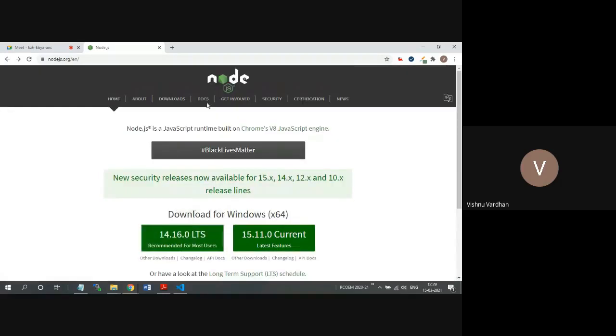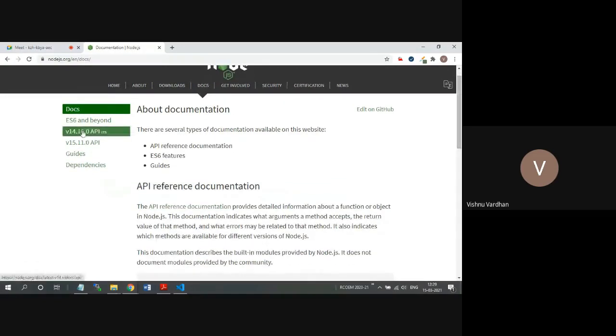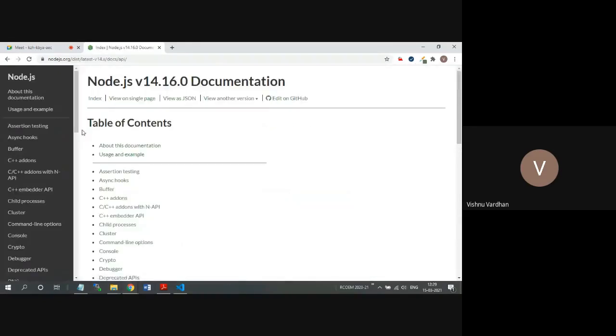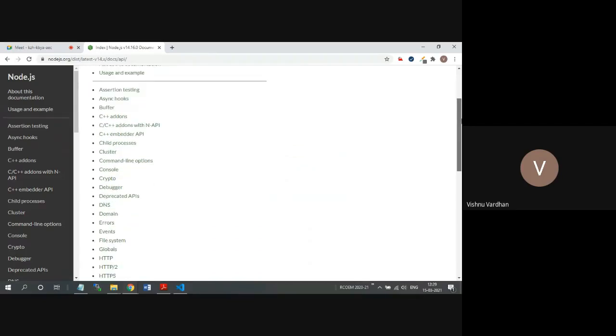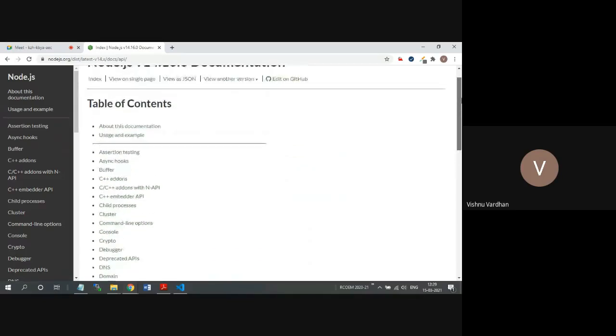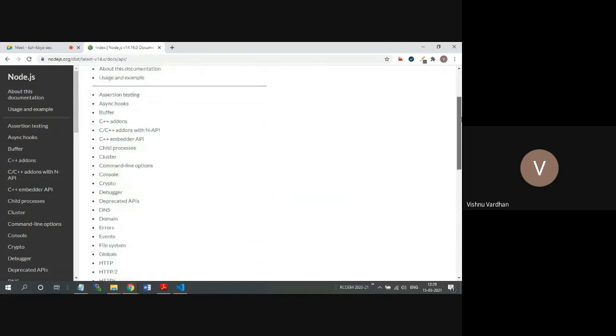So this is the website where you might have downloaded the stable version of the setup for Node.js. And similarly, on this website, you can see the documentation that is completely available. You click on the current stable version documentation. As soon as you go to that particular page, you will see the default packages that are available as soon as you create the Node.js application.